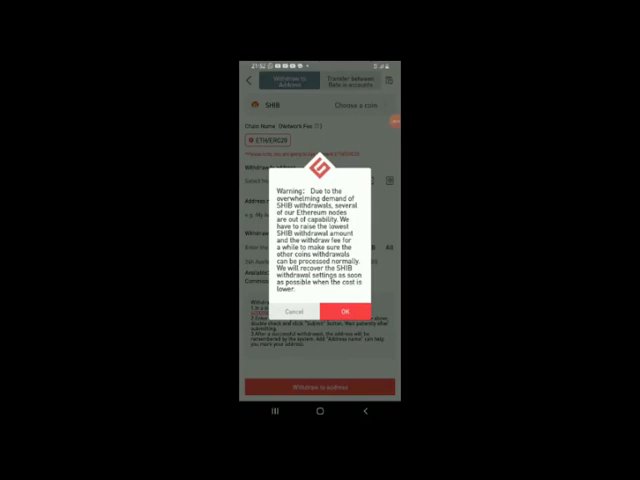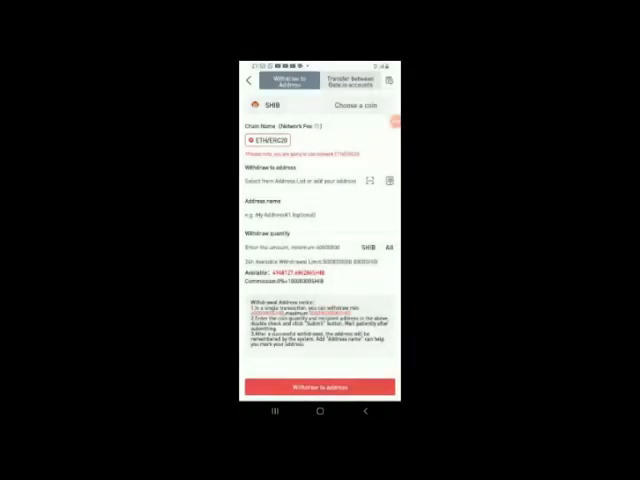Now it's giving you some heads up. It says, due to the overwhelming demand of SHIB withdrawals, several of our Ethereum nodes are out of capacity. We have to raise the lowest SHIB withdrawal amount and the withdrawal fee for a while to make sure the other coins' withdrawals can be processed normally. We will recover the SHIB withdrawal settings as soon as possible, blah blah blah. So now, regardless of what they are saying, what you need to do is